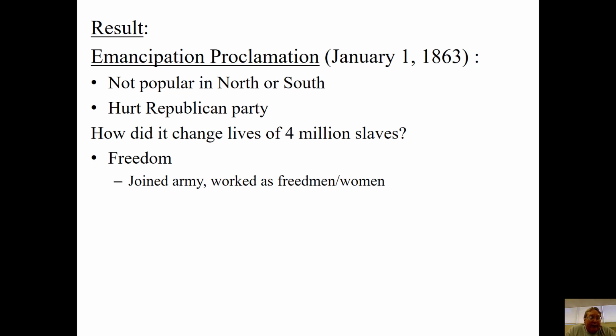It does promise freedom, even if it's not really tangible for most people, right? For 4 million slaves in the South now, there's a reason to leave your plantation. There's some place to go. Go find a Northern army, and you can find freedom. So for a lot of people outside of the North, this is a big deal, right? White Southerners say, this is what we knew was going to happen eventually anyways. Let's fight harder. For Black Southerners, it's finally we have a chance to end this awful institution. Finally, we have a real shot at freedom here.